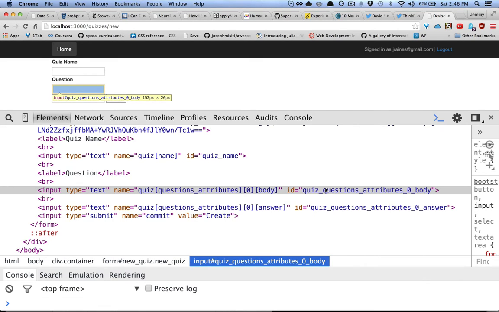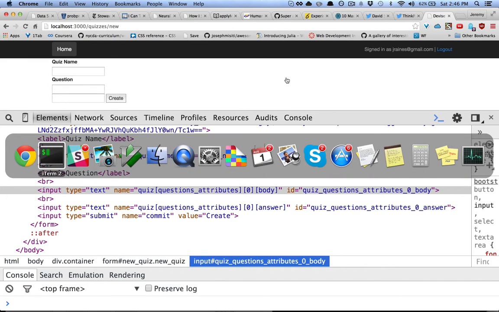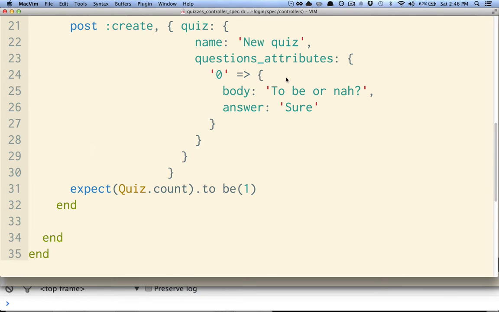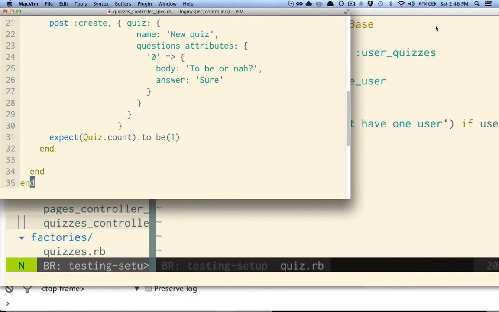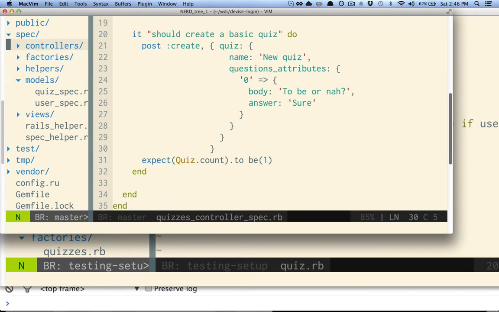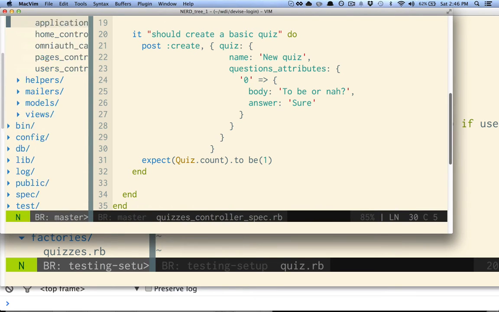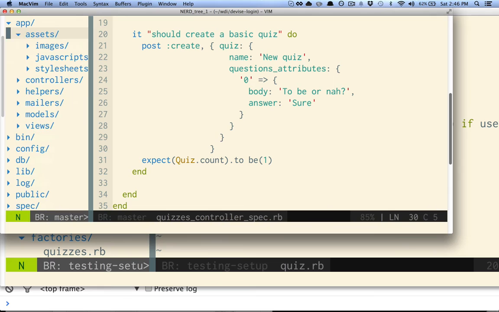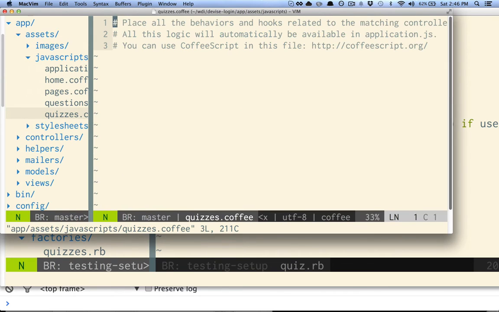click add question, and we just drop a few more inputs into the form. So let's do that. Let's see. So I'm going to go to my assets, JavaScripts, quizzes. I'm going to write this in CoffeeScript, so you haven't really seen this too much yet, but